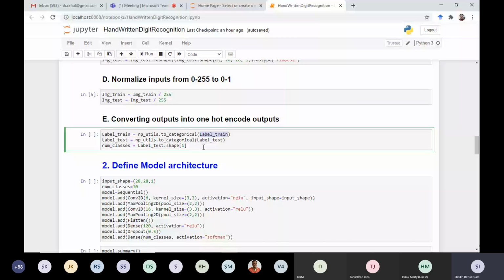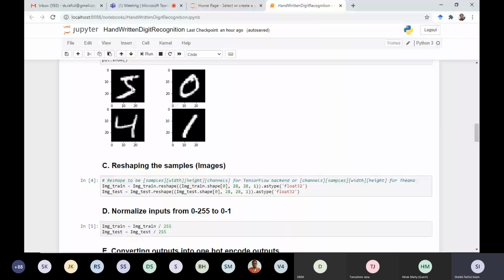And say you are considering this image. The label of this image is 5. So how will that 5 be indicated by the categorical variable? There are 10 columns, 0 to 9. So only at the sixth position, it will have 1, other than that 0.